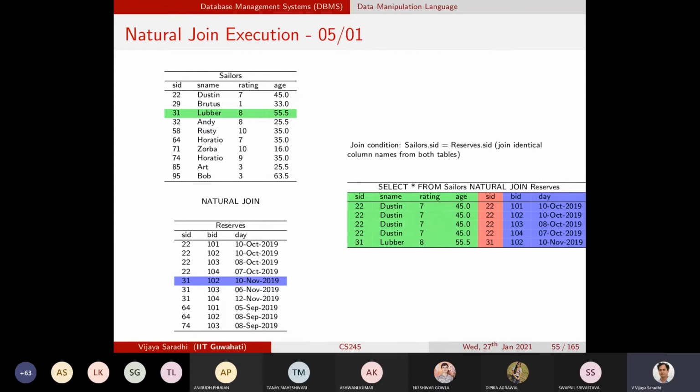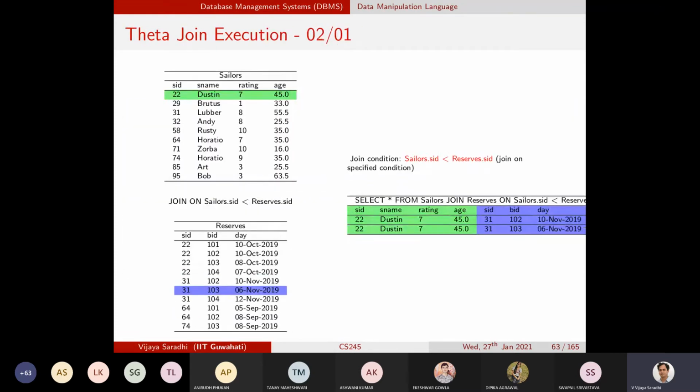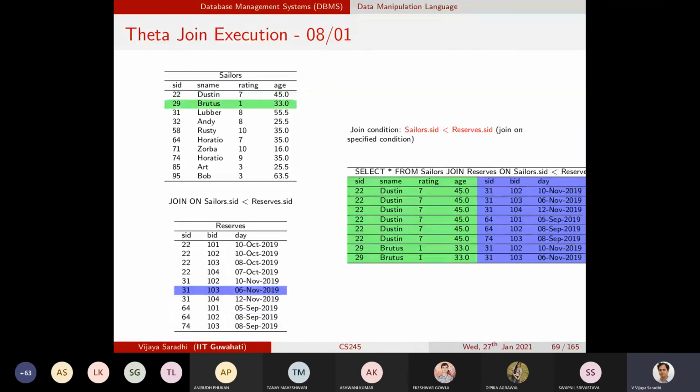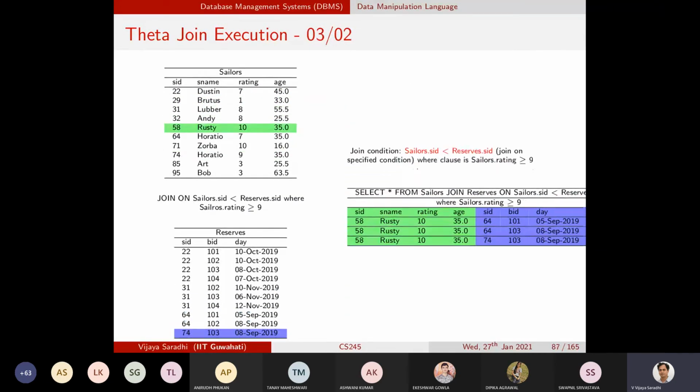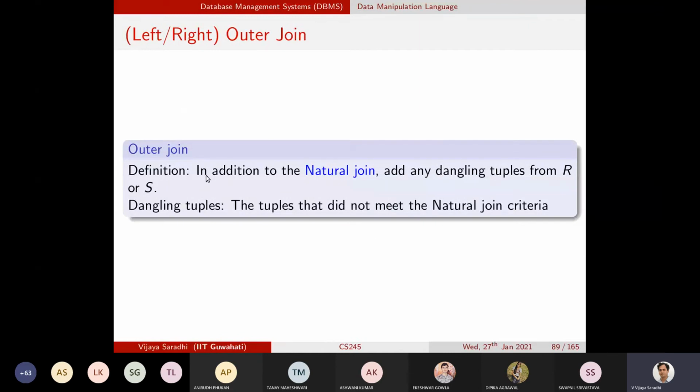We'll look at that, but first let me go through the definition. For the left outer join operation, we first perform natural join operation. In addition, those rows that are dangling rows will be added to the result.